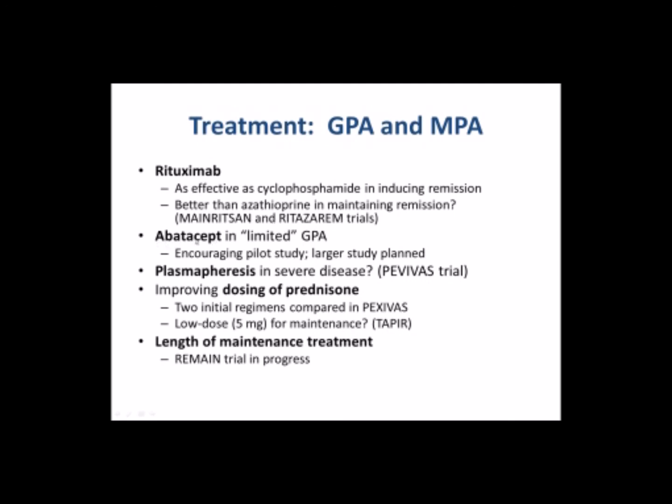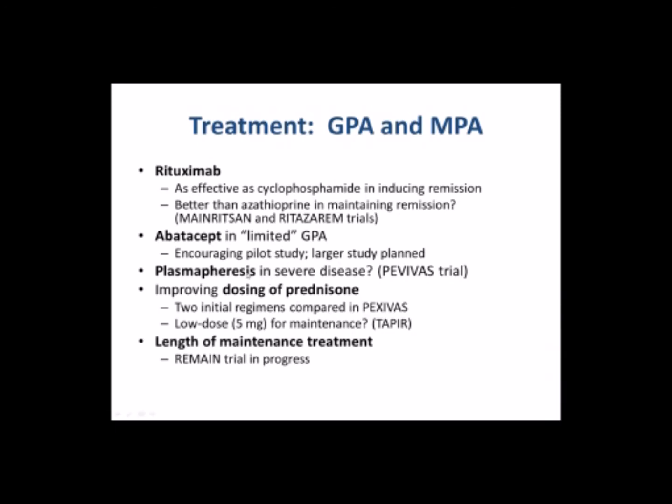Another thing that I at least am excited about, this is based on a pilot study I was involved in, is a drug called abatacept or Orencia. It works by preventing the activation of T cells, so a different kind of immune cell. And we looked at it in patients with granulomatous disease because it's less likely to be caused by antibodies. So these were chosen deliberately: B cells and antibodies, T cells and granulomas, because T cells activate the macrophages, another type of white blood cell that cause granulomas. And we had a little pilot study of 20 patients, which was encouraging. It's just been published, and so we're hoping to do a much larger randomized trial to see whether this drug really works. Sorry about that.